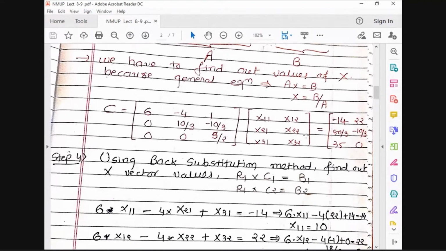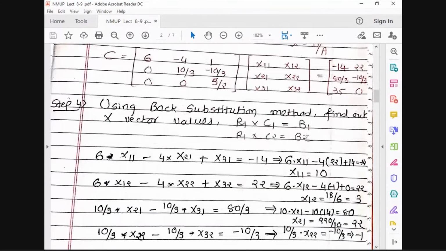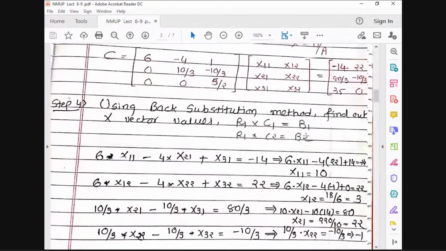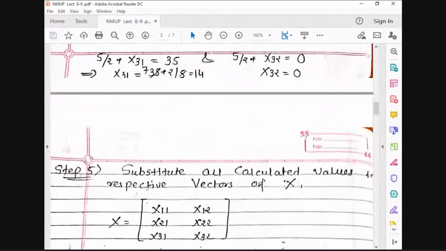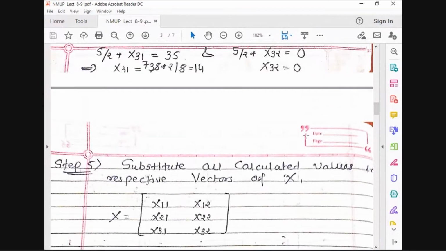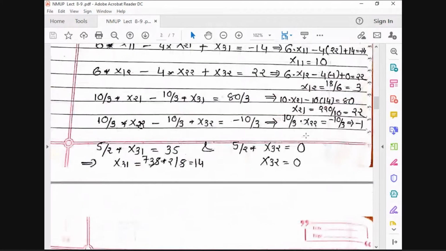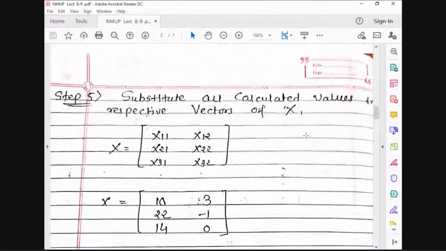Understand? This one is very simple math, but I have discussed it with you. If in an exam or anywhere, this kind of equations are given to you, then you are at least able to do the thing. Okay? Now today we'll start with the next topic. So over here, I have simply substituted values whichever I got from the previous equation, right? This is my final answer for this set of equations.